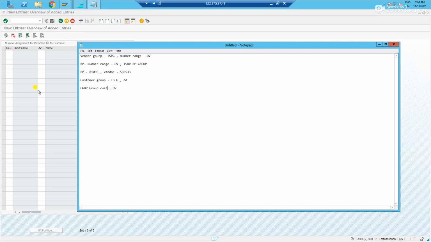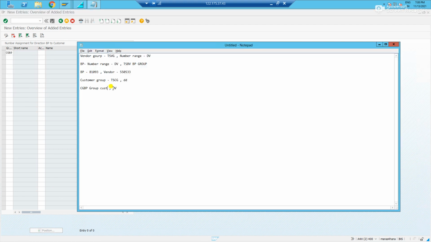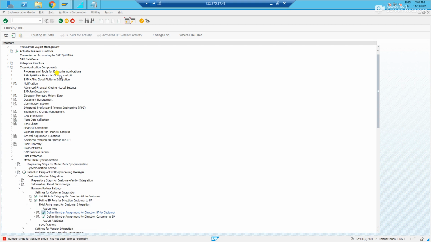New entries. As I told, first we need to give the BP related group CZBP, then the customer group TSCZ. Here also same logic, we don't have the same numbers, we should not select this. Let me save it. Number range for account group has not been defined externally.